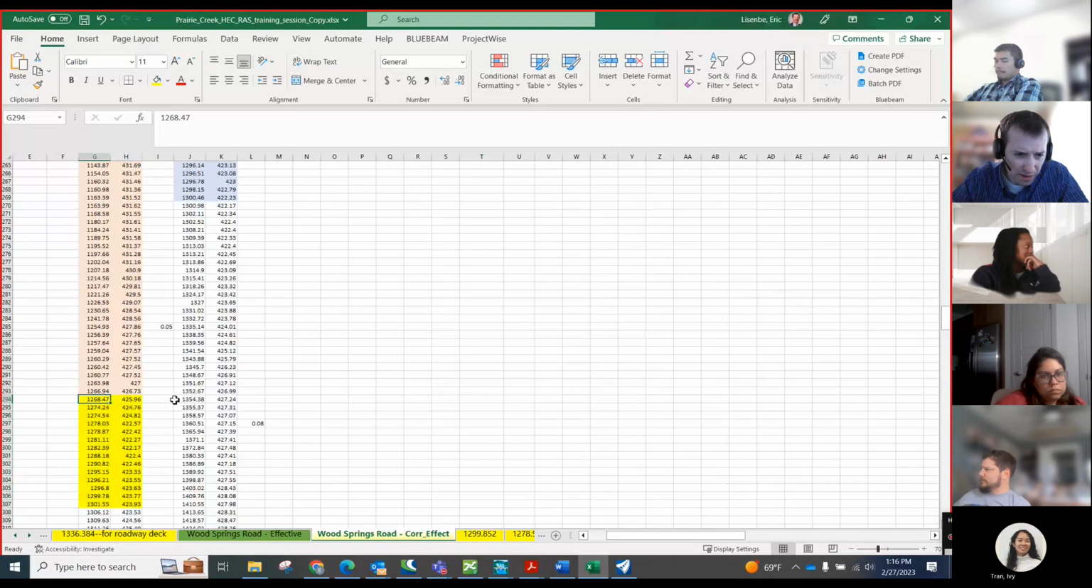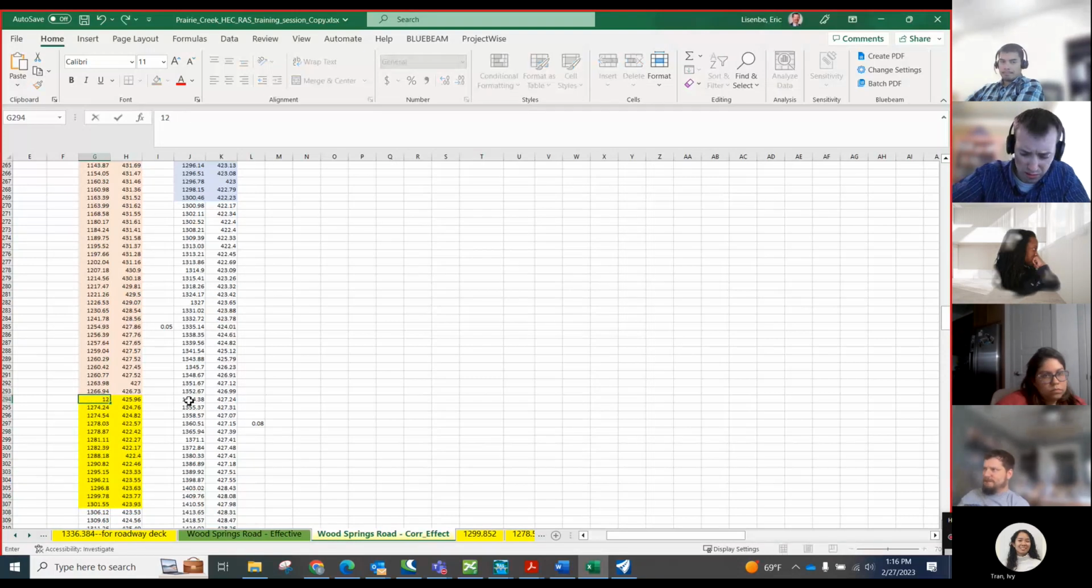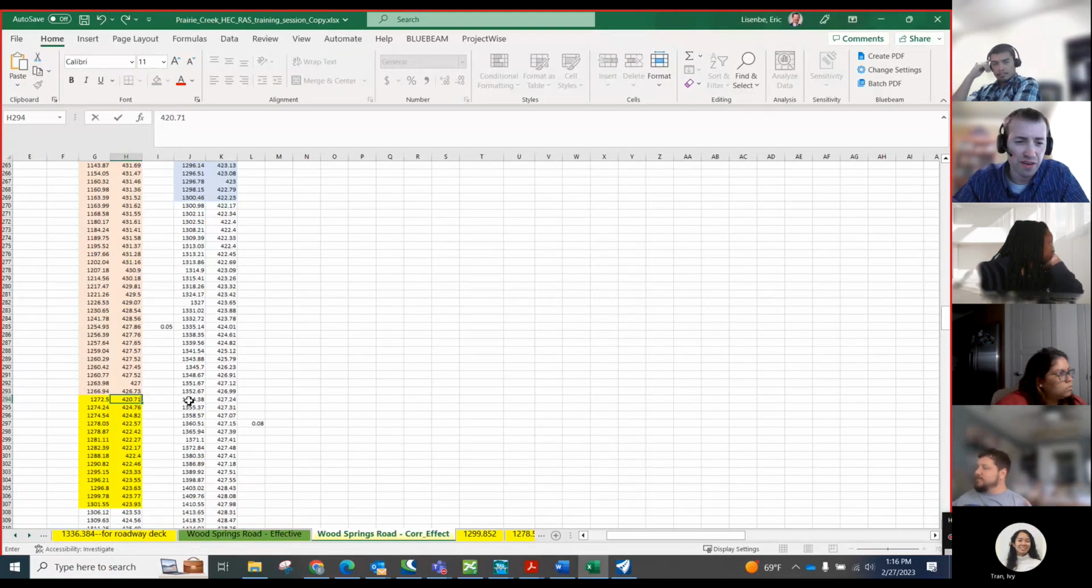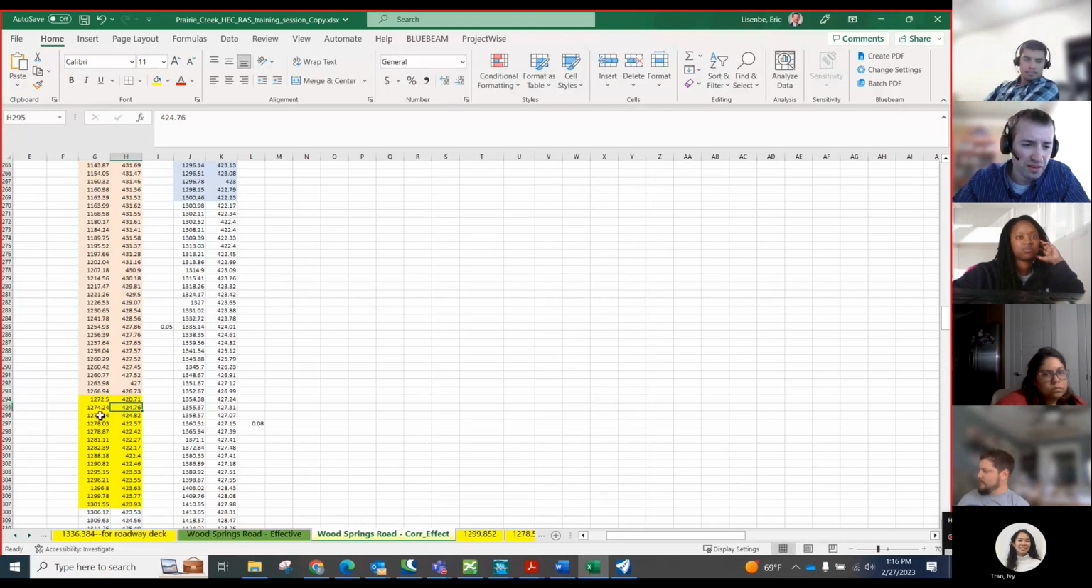So I'm going to take that and modify it a little bit and go 1272.5 and 420.71. And y'all can do this too in the spreadsheet. Have you found that station? And then you can, and then this last one before,